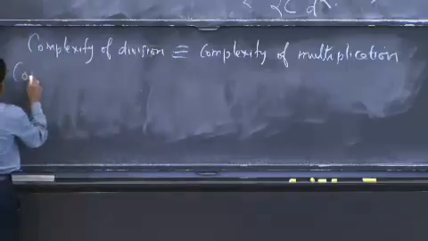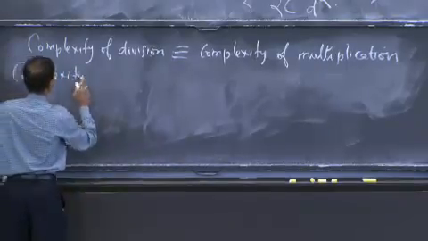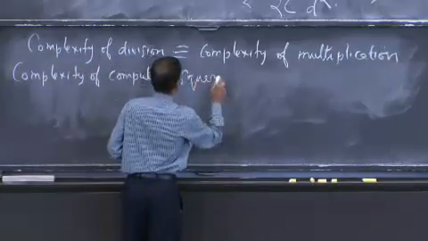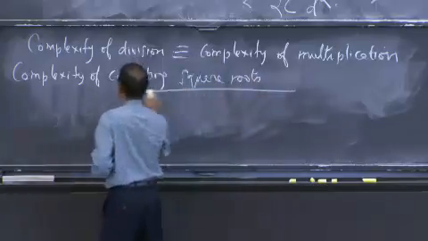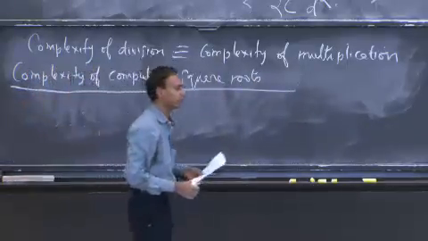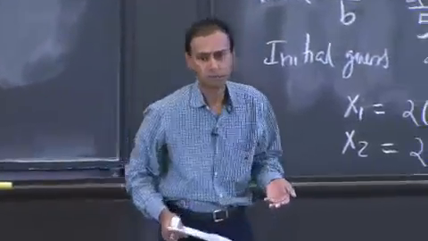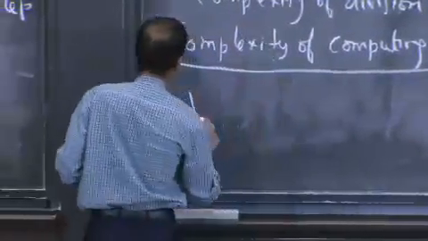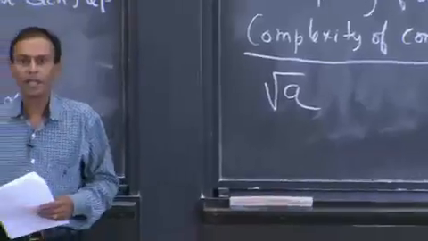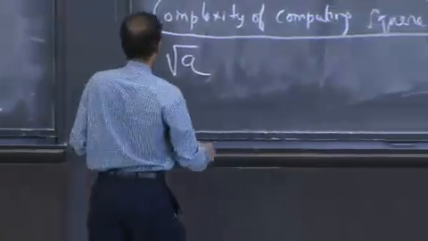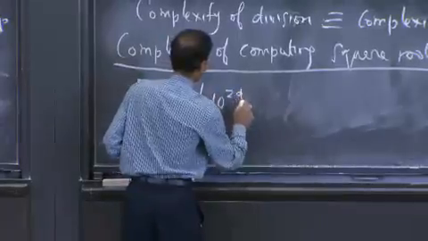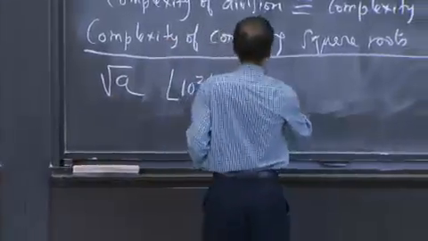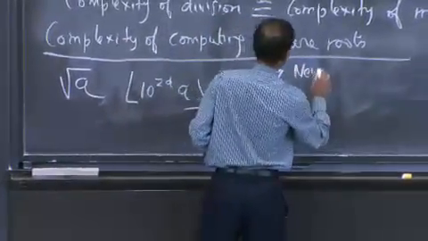So let me finish up and talk about the complexity of computing square roots, right? As you can imagine, even though you have two nested Newton iterations here, you can make basically the same argument. So let's recall what we're doing in terms of computing square roots. We want to compute square root of a. And we said, well, we don't quite know how to do this. We're going to end up doing 10 raised to 2d times a, and we're going to run Newton's method on it. So you got one level of Newton's method.